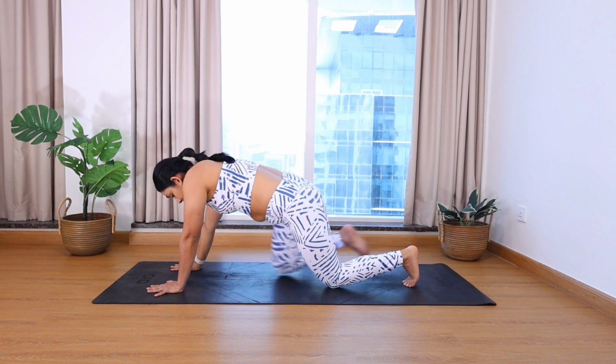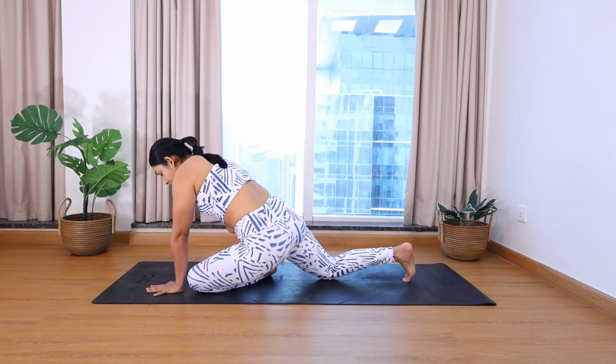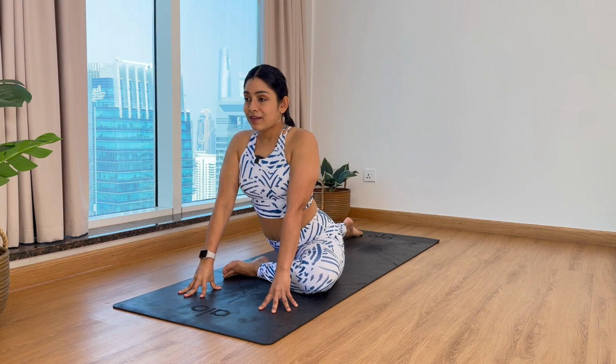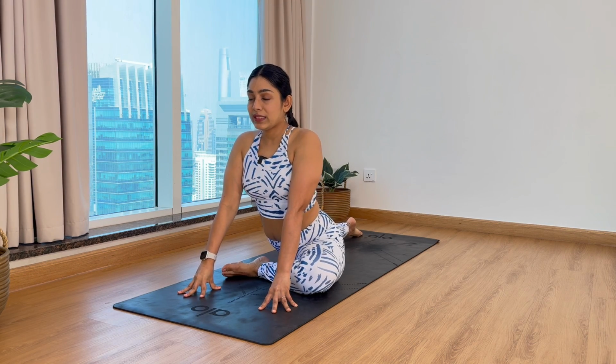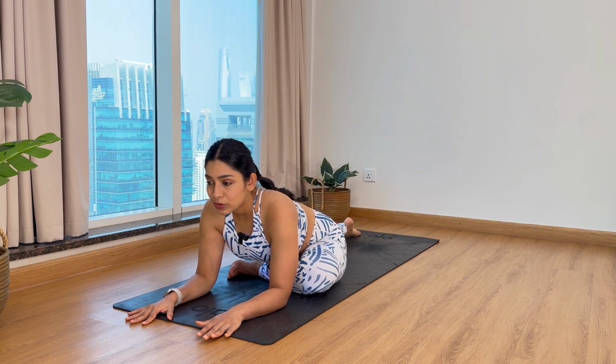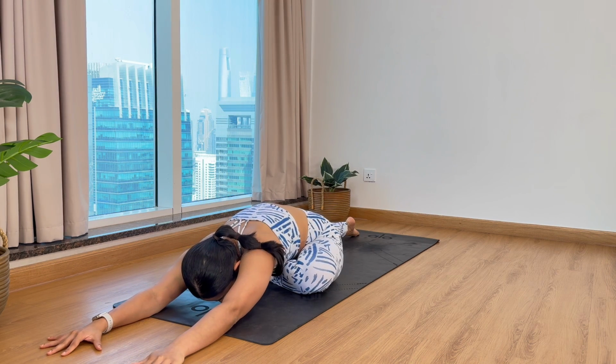Step the right foot back, bring the left knee forward, extending the right leg back, coming into pigeon pose. Find your center with the hips and take your variation. You can stay on your hands, come onto your elbows, or walk all the way out, bringing the forehead on